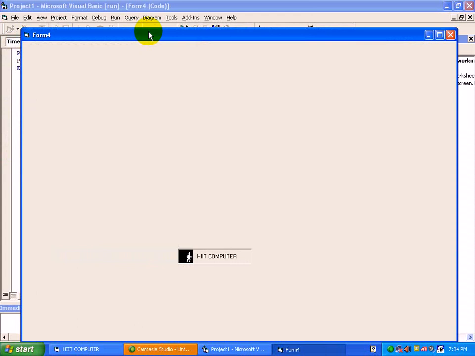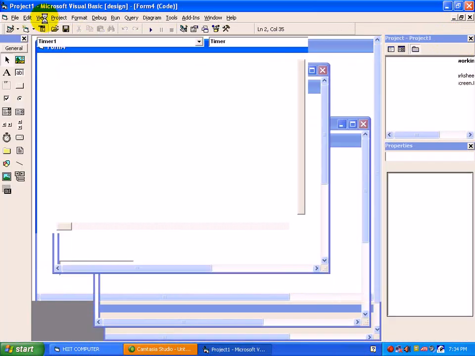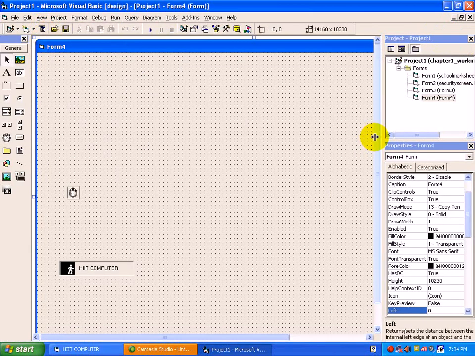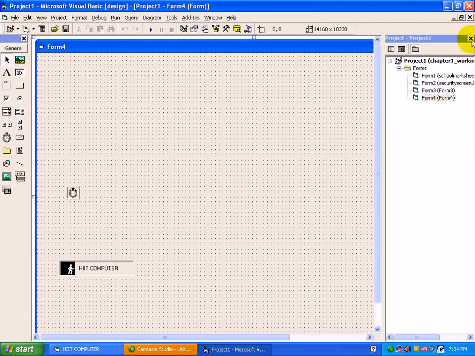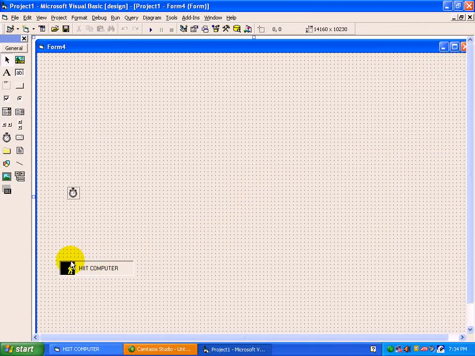Wow, a picture is moving. But if you notice here, the picture does not stop at the end of the screen position, as it is working in an infinite loop.